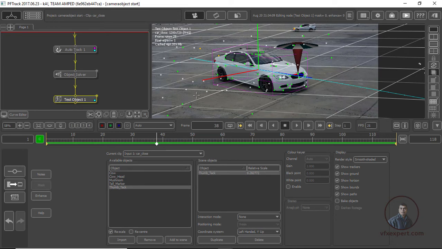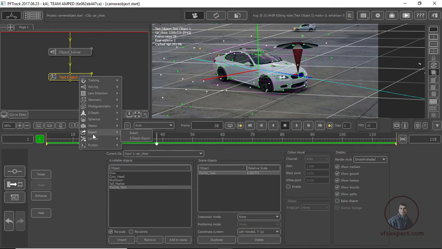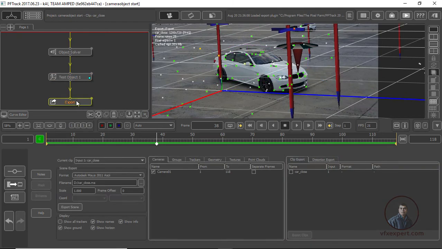Now after this I am going to export these tracking data to different 3D packages. So for this, just simply right click on your text objects, then click on export, then simply click on export again. Now see, double click on your export node.